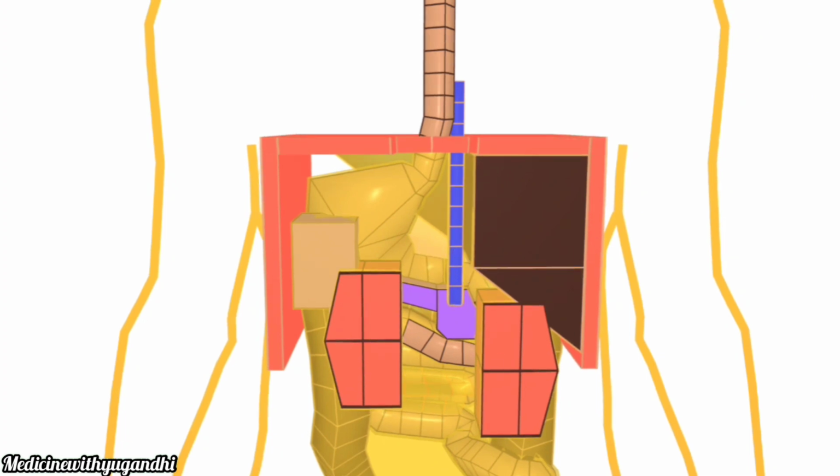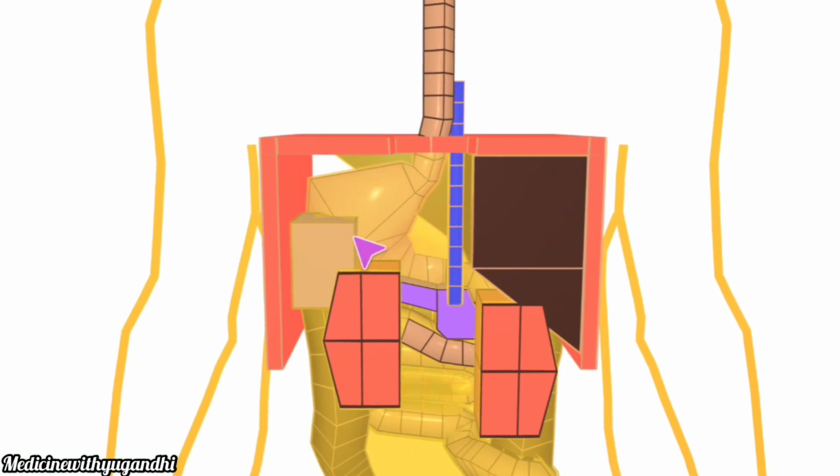As I already said, the lesser omentum has two layers, one the anterior layer and another the posterior layer. It splits into two in order to enclose the stomach. So this posterior layer of the lesser omentum forms the anterior boundary of the lesser sac. Then the peritoneum covering the posterior surface of the stomach and the second layer of the greater omentum.